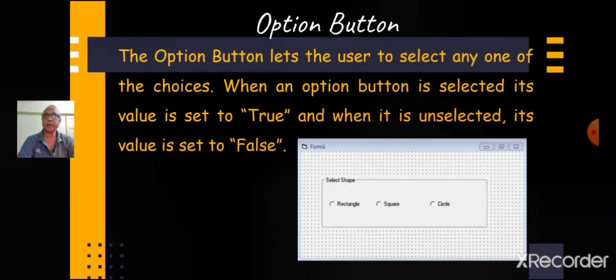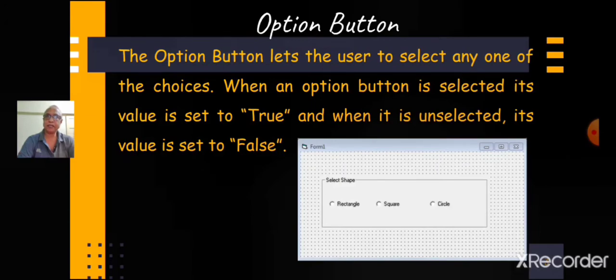When an option button is selected, its value is set to true, and when it is unselected, its value is set to false. You can see in the image that there are three option buttons with three different options, of which the required option will be selected.